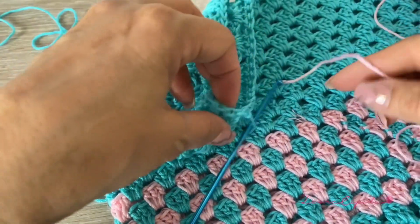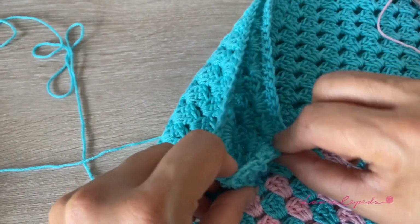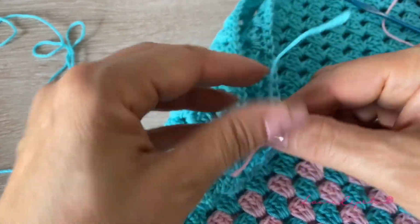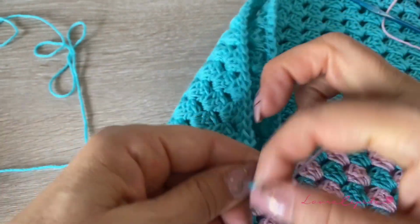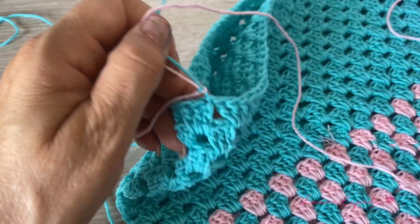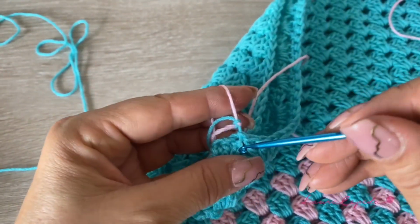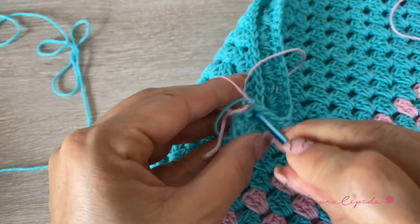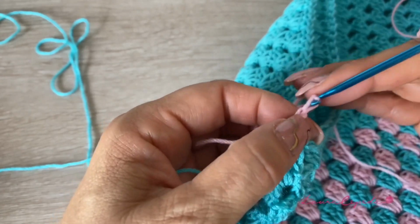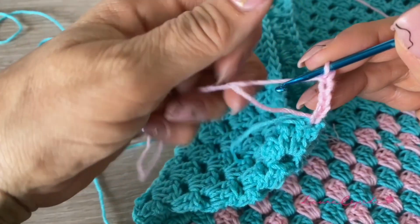Now we are going to continue with the light pink. So right here we are going to make a knot. Where is my thread? Okay, so I'm going to make a knot, and then I'm going to make the last rows. I'm going to make a strip to put a button there. So we are going to start in the corner. So we will start making 1, 2, 3, 4, 5 and 6 chains, and now here we are going to